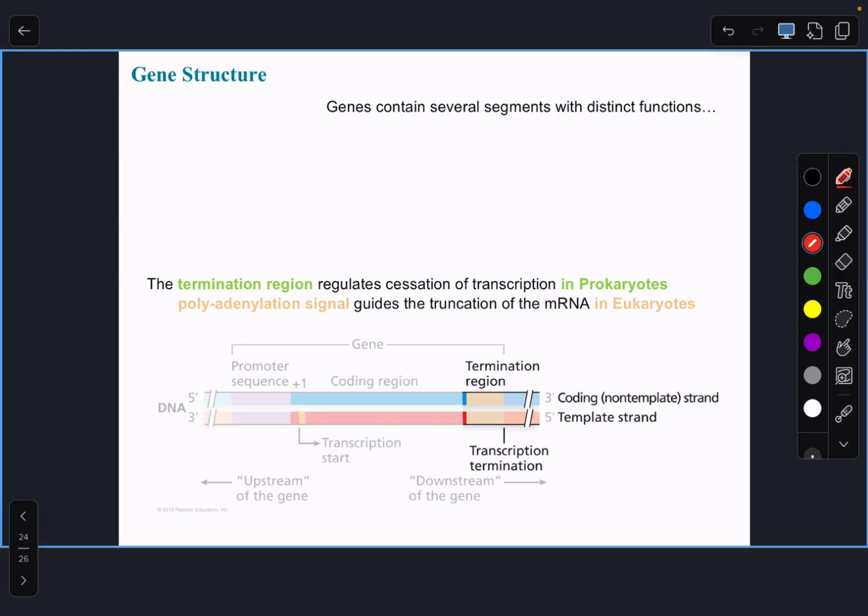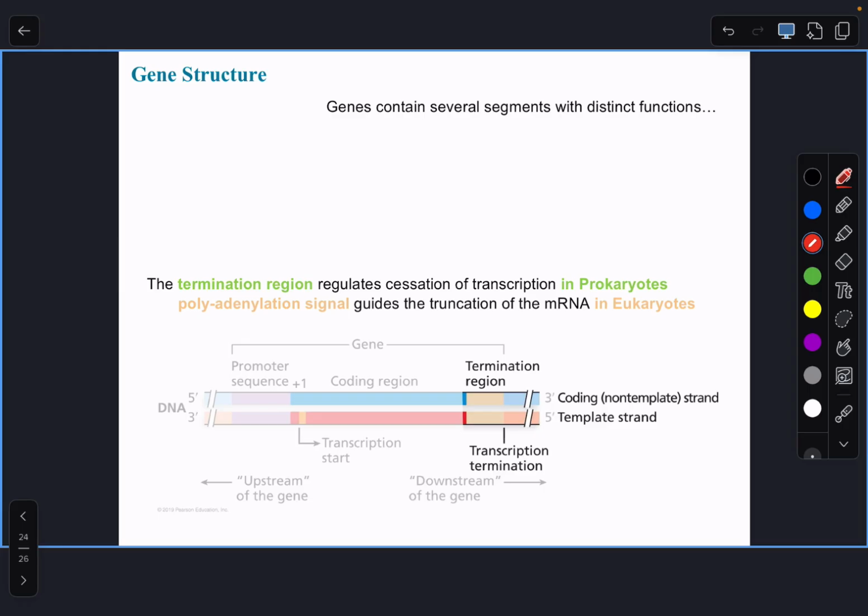The point that I wanted to bring home with this slide is that, like the promoter sequence, there's many aspects of the end of an RNA molecule that are not directly transcribed from DNA, right? So there are components of DNA sequence that never make it to the final mature RNA molecule that is transcribed from them. And yet, they're essential for telling the cell what to do with these various regions of DNA that need to be transcribed to RNA. So they're essential components of the gene. It's just that they're not necessarily reflected in the sequence of nucleotides in those transcripts.